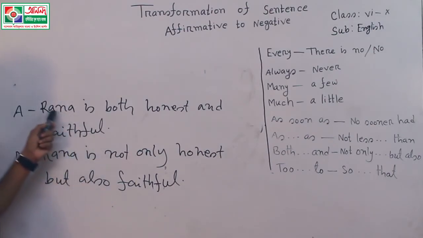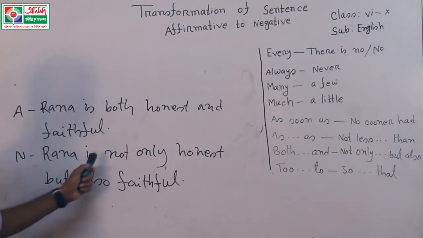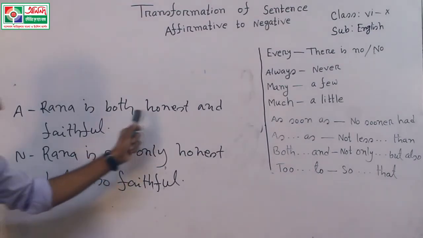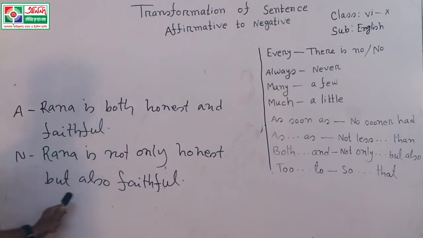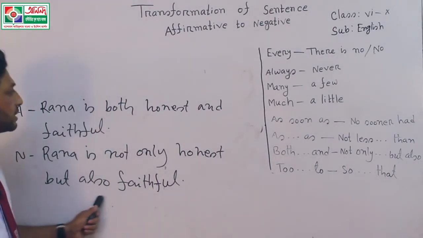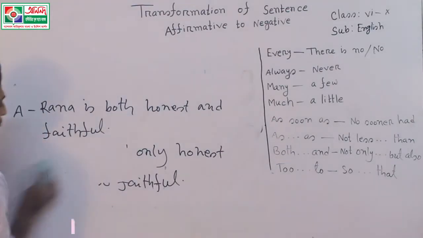Dear learners, look at the example. In this sentence we have used not only instead of both. Again, and changes into but also. Nothing else has changed in this sentence. Okay,